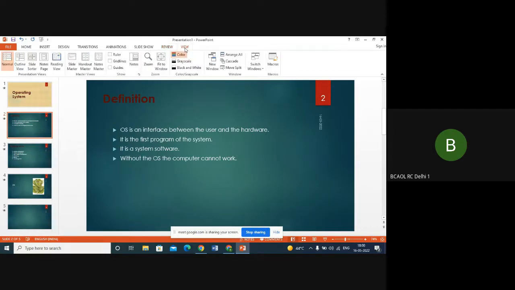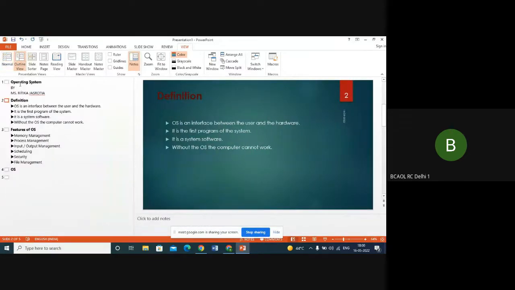And in the view option, you have different kinds of views. Like in Word, you have a print layout view, outline view, reading layout view, same way here also you have. This is your normal view, which is there by default. Outline view is this. So here, in the outline view, you will have the slide details like 1, 2, 3,